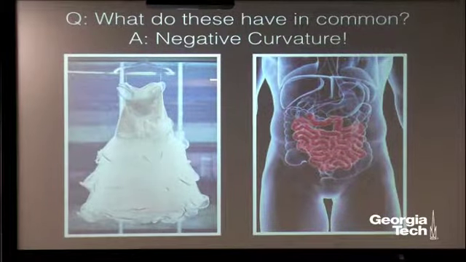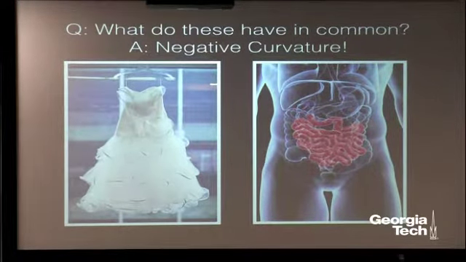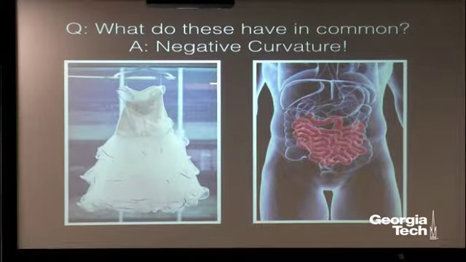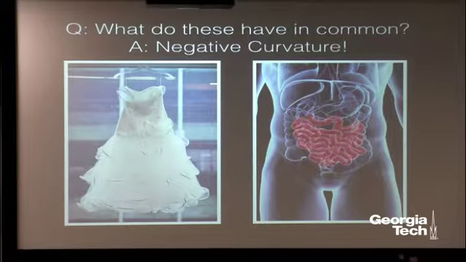So it turns out that human intestines grow in a very similar way. What happens while you're developing, while you're an embryo, is that you've got a gut tube, which is going to become your digestive tract, and you've got a neural tube, which is going to become your spine and your spinal cord. There's actually a membrane that connects your gut tube to your neural tube, a very thin membrane that connects them.